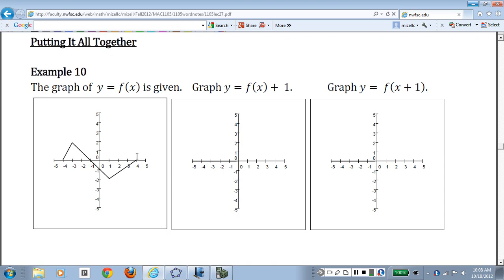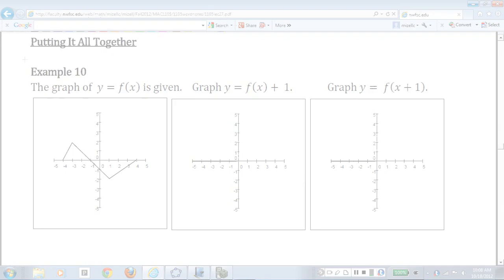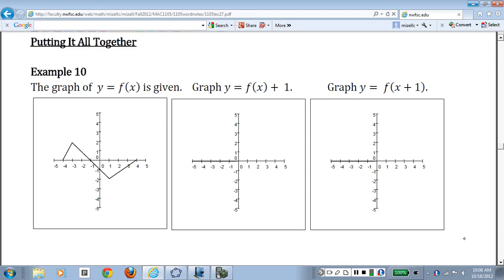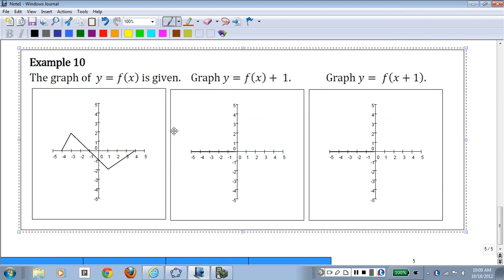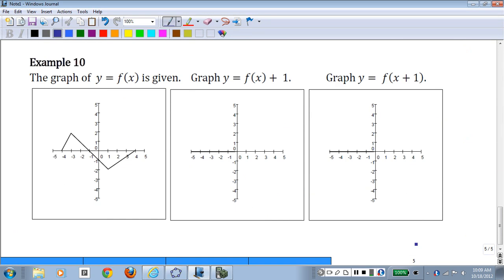and see if we can sketch the graph of y equals f of x plus 1, or f of the quantity x plus 1, or a couple others of these, just by looking at the original graph, seeing how it's going to be shifted, or stretched, or shrunk, or reflected. Key points on the graph, of course, -4, 0, and -3, 2, looks like. Maybe down here 1, -2, and 4, 0. We'll consider what happens to each of those 4 points, and then connect the dots, and that will be our